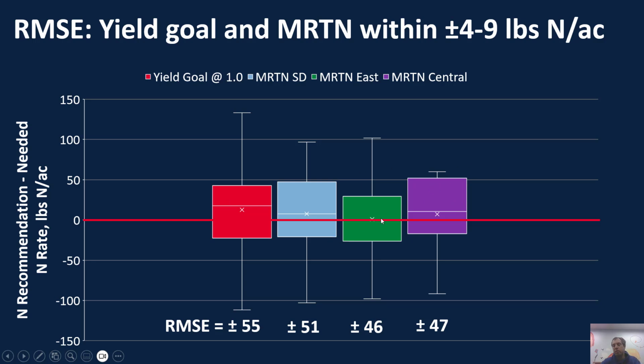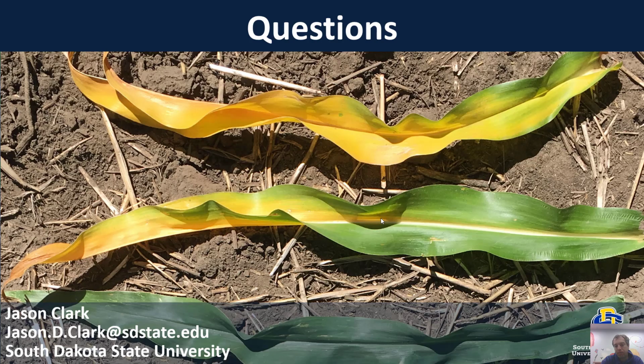I think that might be attributed to differences in rainfall, where the yield goal system better accounts for how much residual nitrate is in the soil, because some years we're dry and have a lot of residual nitrate that needs to be accounted for, where the MRTN system doesn't inherently. It does it through averages across time, but it doesn't take in the unique years with different weather patterns as quickly as the yield goal system does. So that's our system, MRTN versus the yield goal system. Overall, we're not seeing a ton of differences. The next thing I want to do is